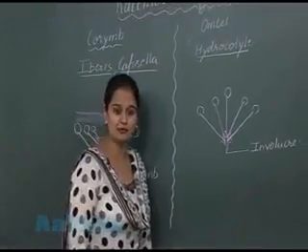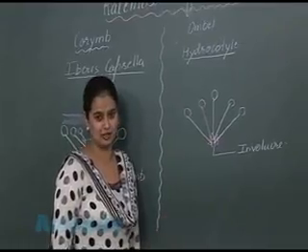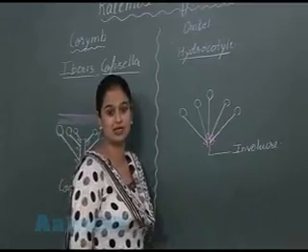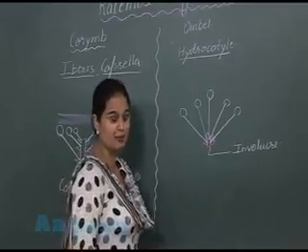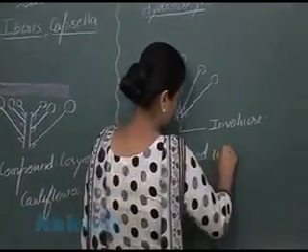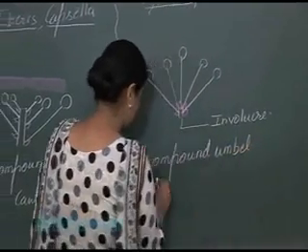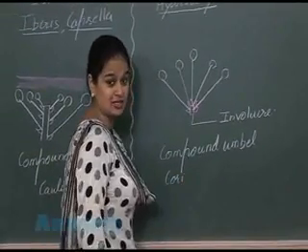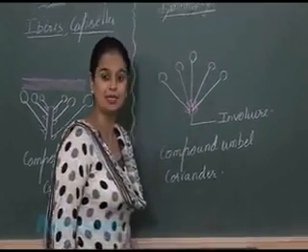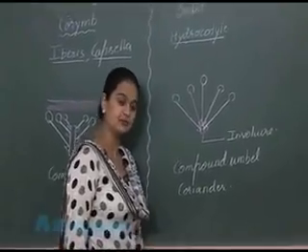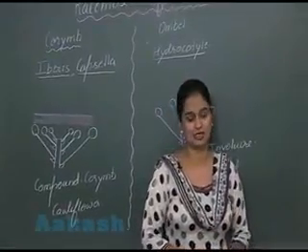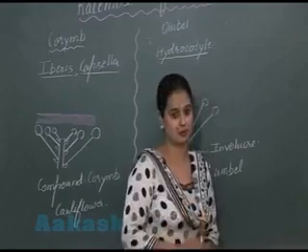Now this umbel inflorescence can also be branched. So just now I have discussed, if the inflorescence axis is branched, such type of inflorescence is known as compound inflorescence. So it means now in this case, it will represent compound umbel, and this compound umbel is the characteristic feature of the coriander family. Compound umbel is present in the coriander. So after the umbel and the corymb, the next type of racemose inflorescence which I will be discussing here, that is capitulum.